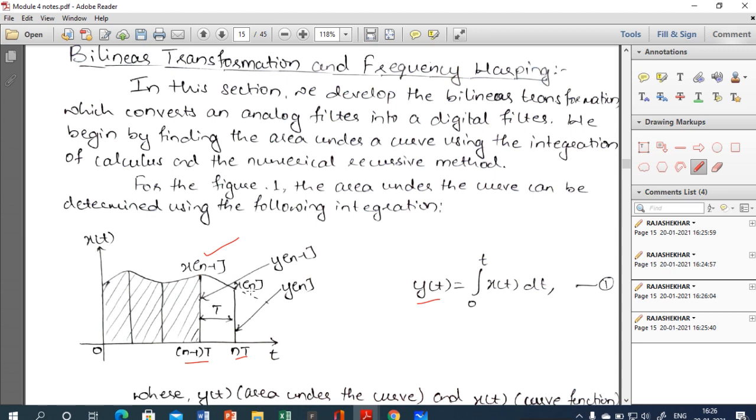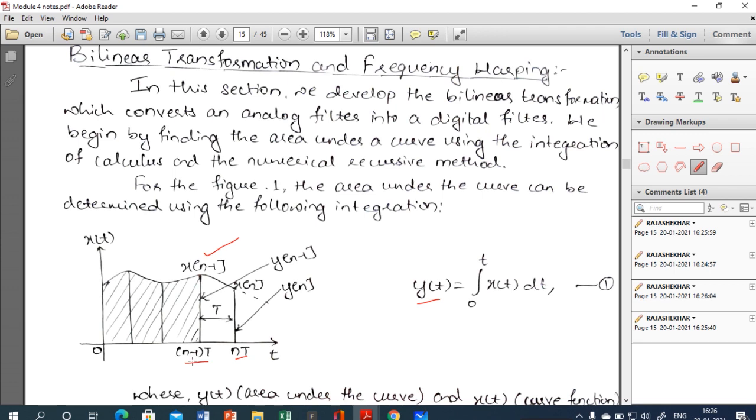And here we are discussing the IIR filter, so all the past values of input and output matter while designing any filter. Because of this, we have considered one sample here with the sampling period capital T, where x of n is the present signal with the interval nT and x of n minus 1 is the past with the interval n minus 1 into T. It means that in x of n, n can be replaced by nT and n minus 1 can be replaced by n minus 1 into T.